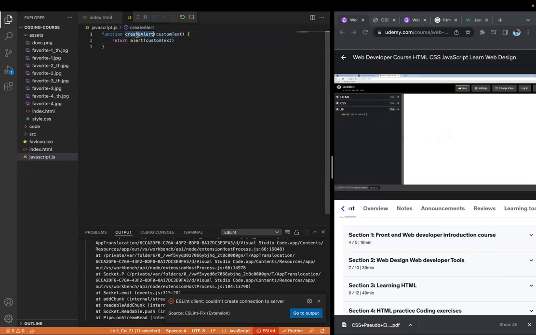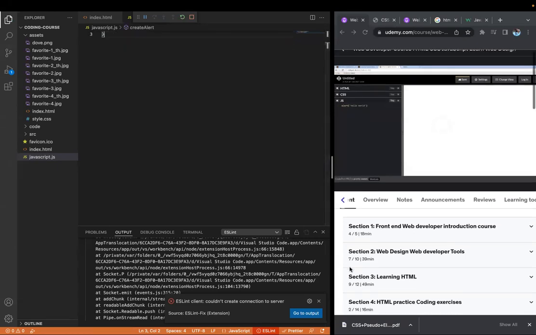But anyway, once we have this function, essentially the rule is you have to pass this function an argument for the custom text to pass, and this thing will always return an alert with whatever custom text. So people take these little building blocks and add a whole bunch of them, and it eventually turns into a framework with a whole bunch of rules that essentially, if you follow, you get a whole bunch of built-in tooling. So when it comes to frameworks, specifically a framework like React, which we'll be working with in the future soon,